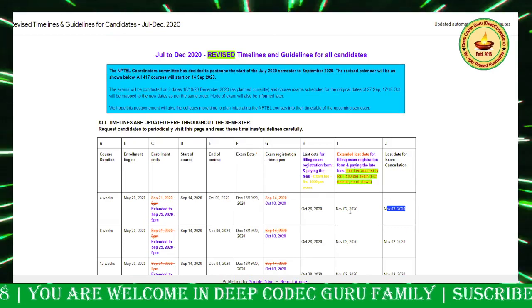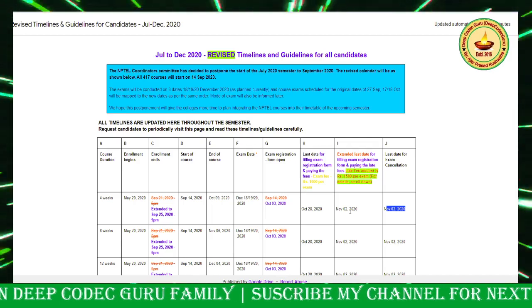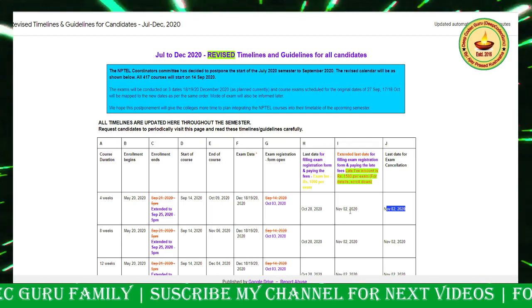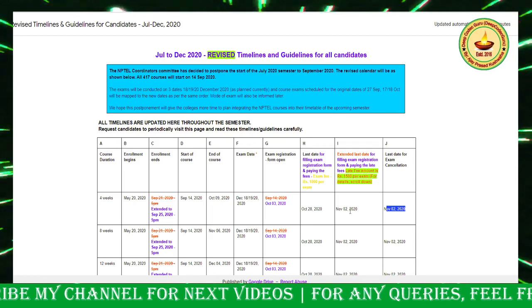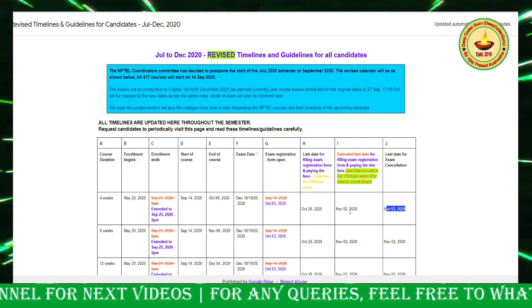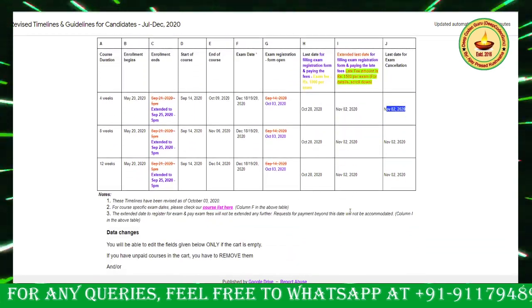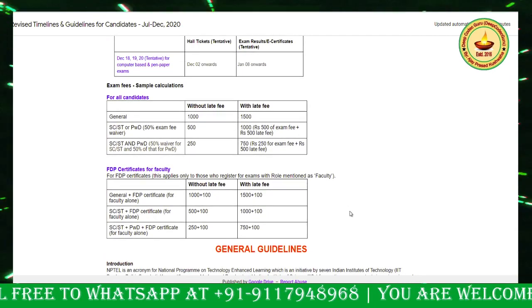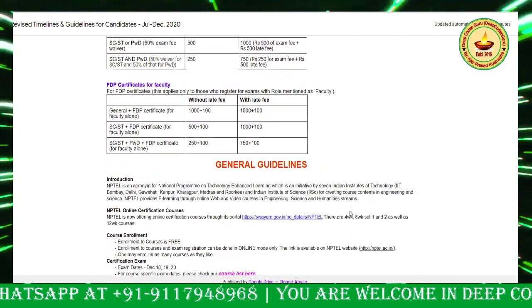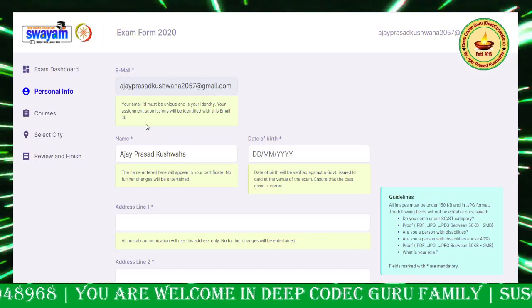So after November 2, NPTEL will announce a new date for you and you can pay the FDP certificate fee, with whatever conditions will be given, and you can pay at that moment. Okay. So I think I am clear enough regarding this. And regarding the fee and all those things, I will discuss once I fill in some of the form.